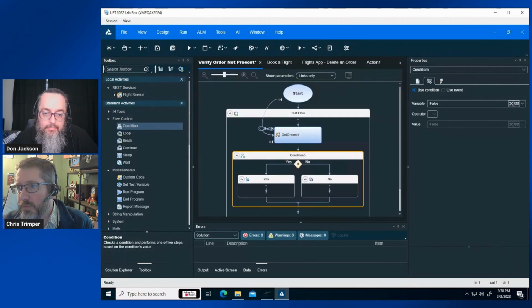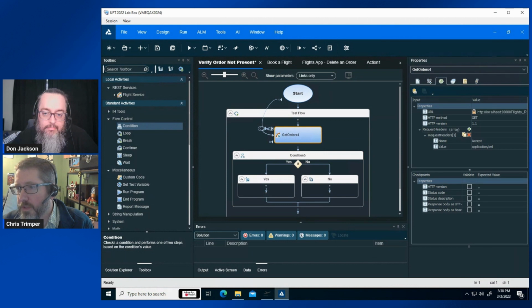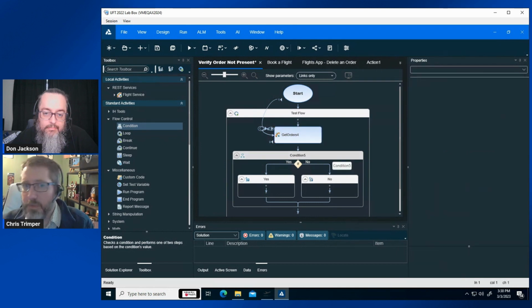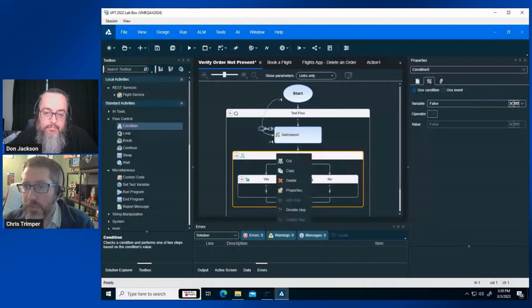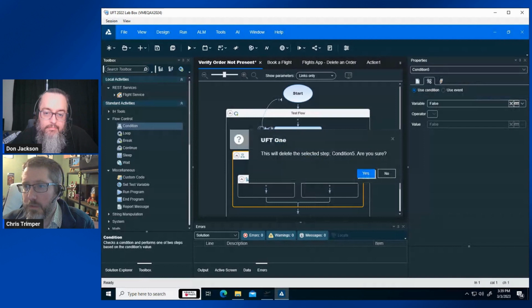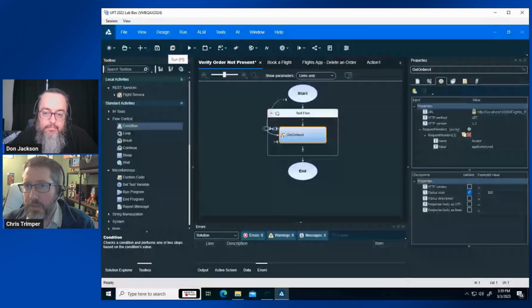We also probably could add a checkpoint for status code. So in this case, we want to verify we said it was 500. We check for it there. Now I'm going to go for simplicity and just do the check there. But know that you can do conditional. So if you need to make a decision on it, you can. I am going to delete this, and we're going to run our test